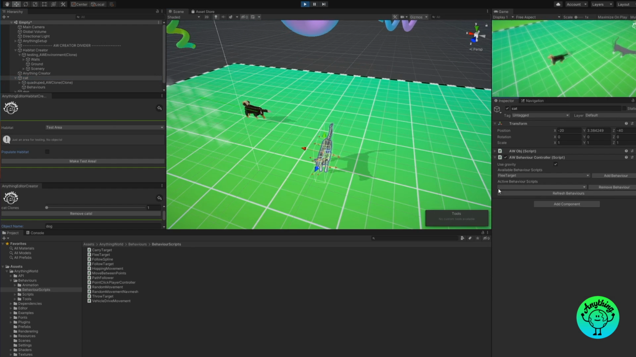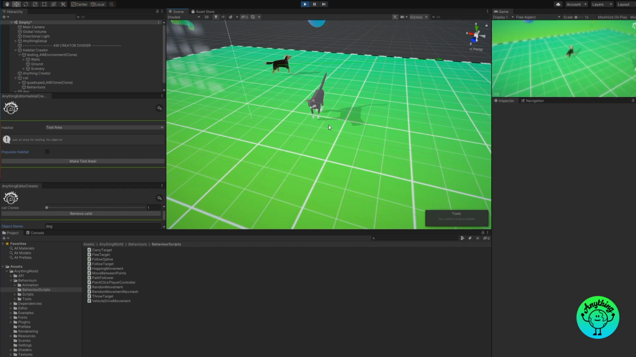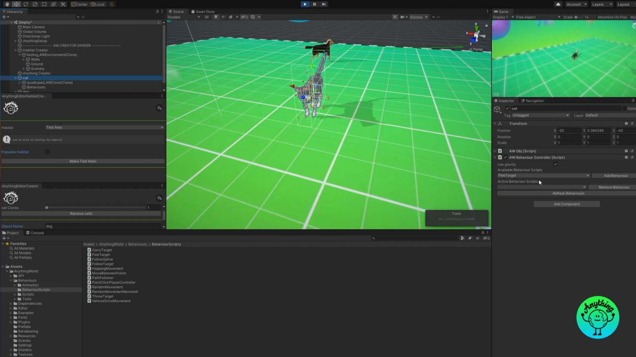So next time I'll be showing you a bit more about scripting and how you can manipulate functions and create objects in script using the